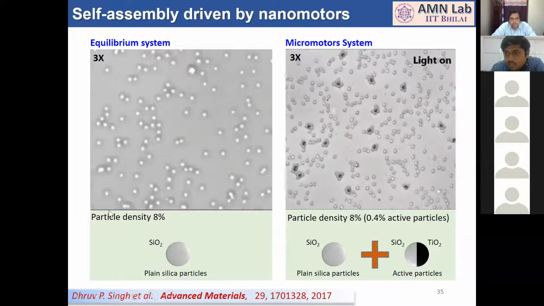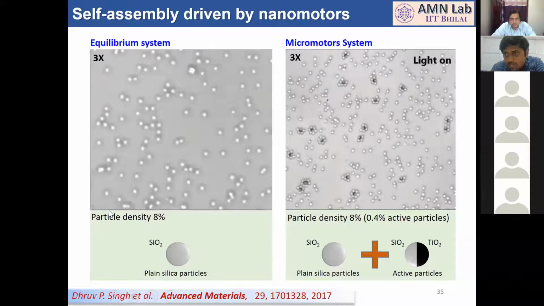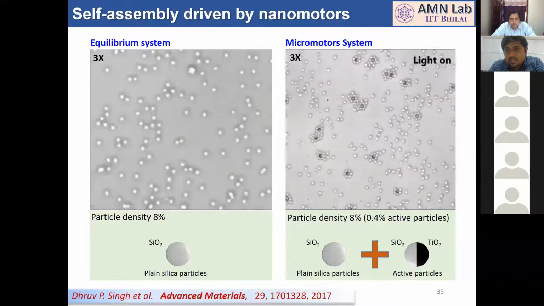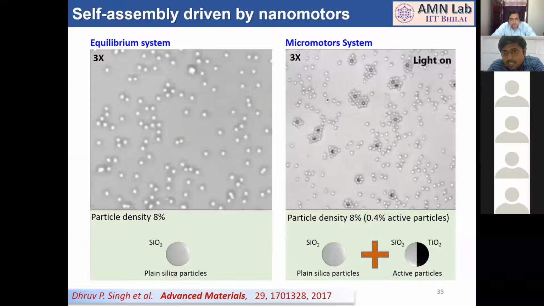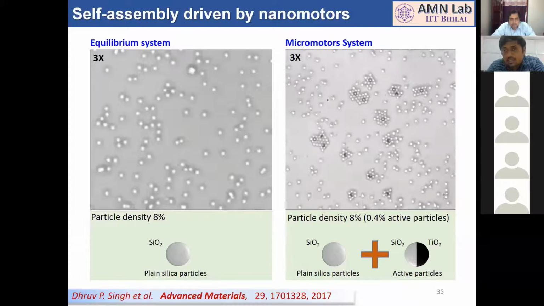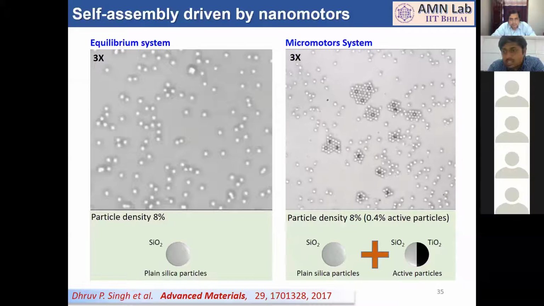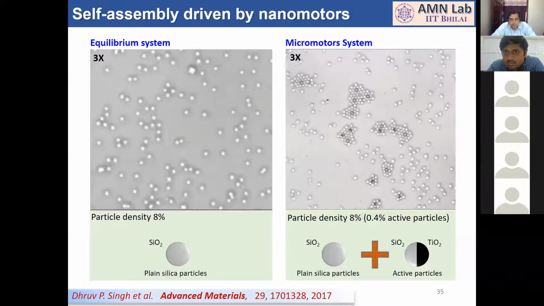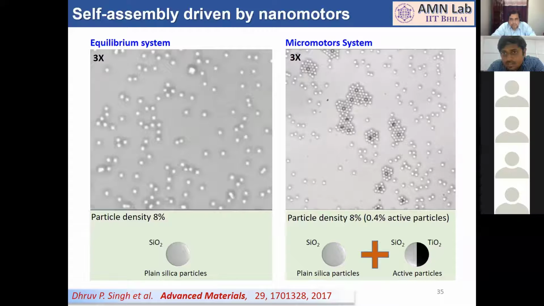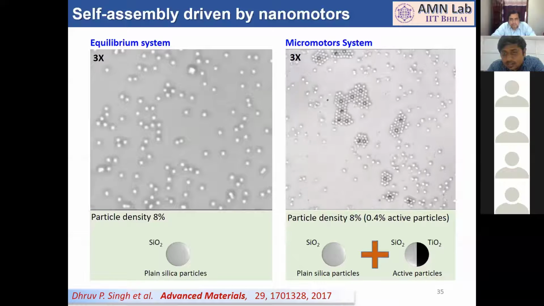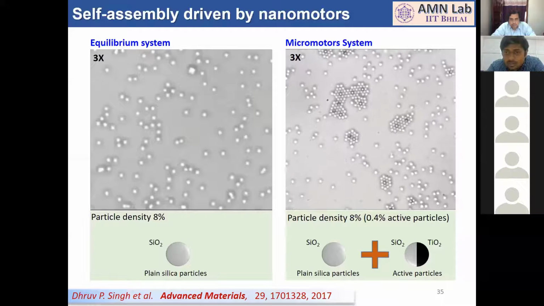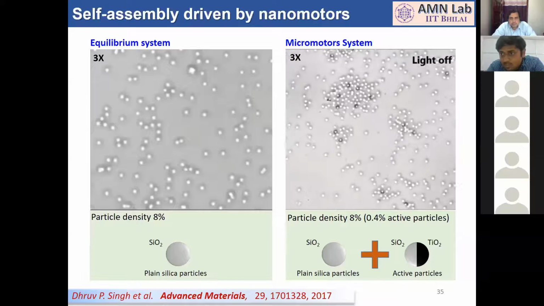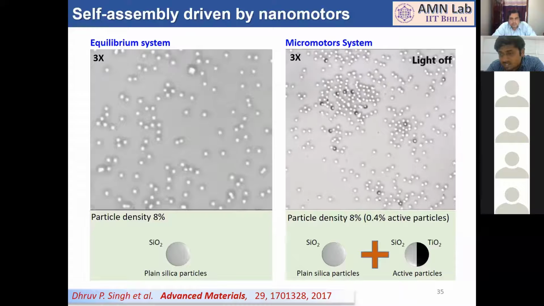The nanomotors become active. They start swimming through the passive particles. They collect them, they crystallize them. Small crystallites grow in size by collecting more particles. Also, they grow in size by fusion. Whole crystals grow only when the light is on. When I turn the light off, then you see the crystal melts down. I'm waiting for it. Yeah, now it melts down and the particles go back to the Brownian state.